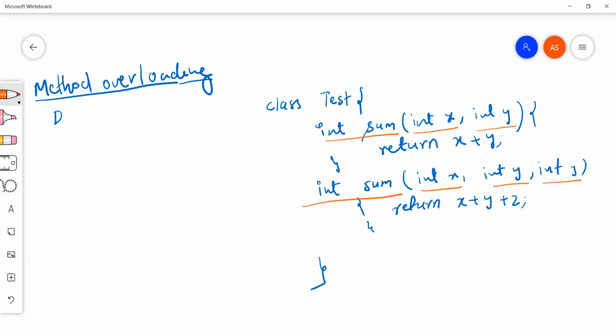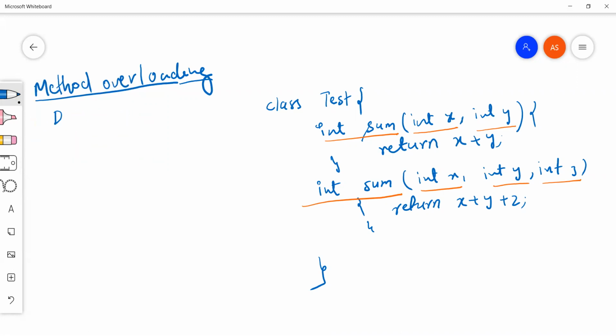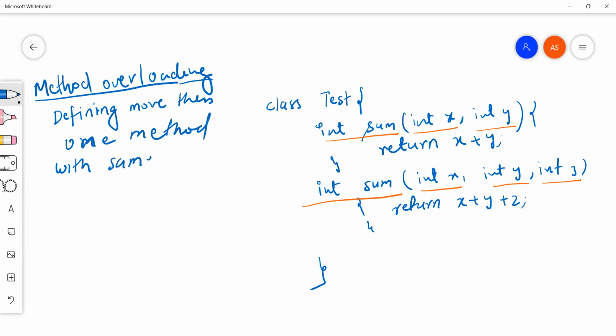What does overloading mean? Overloading means defining more than one method with the same name and different arguments.